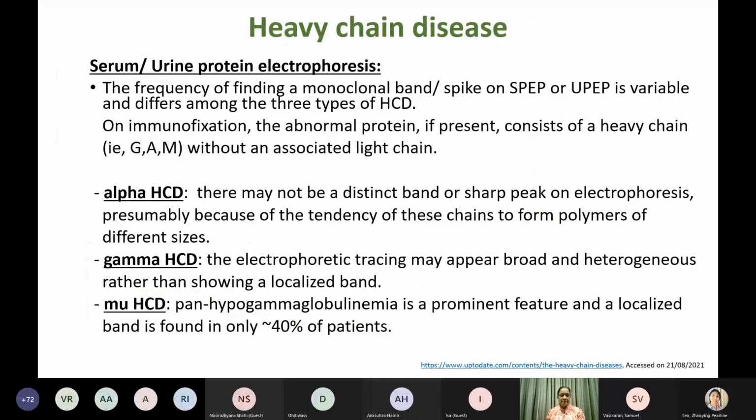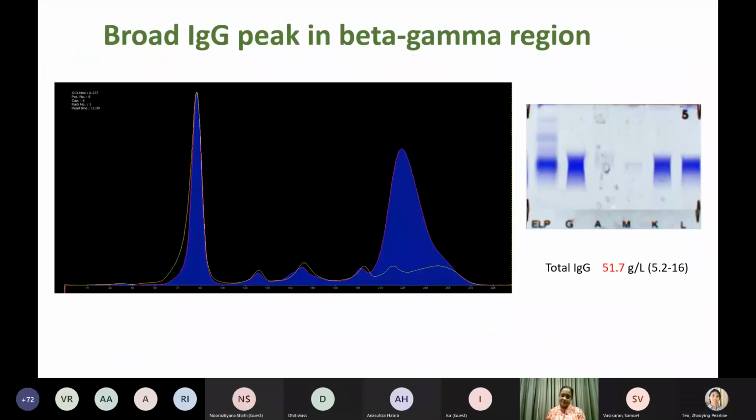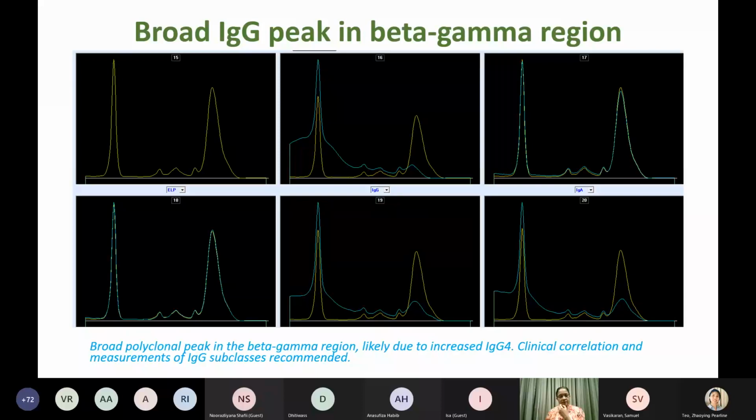If we get a patient like this, we always measure IgG4 level before we comment on the electrophoresis. If we get a high IgG4 level, then we would include a comment like this: broad polyclonal peak in the beta gamma region likely due to increased IgG4. And usually before we issue the report, we discuss that with the clinician